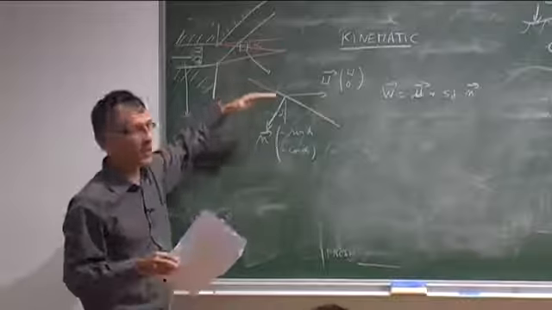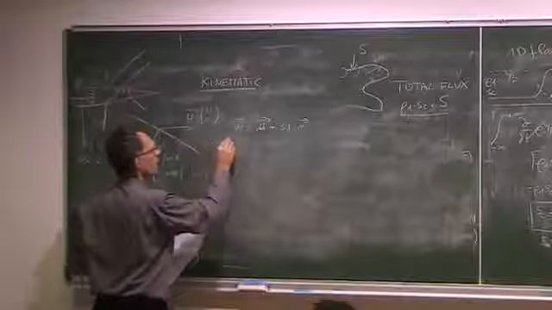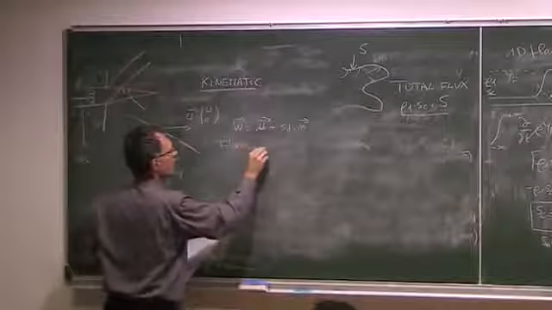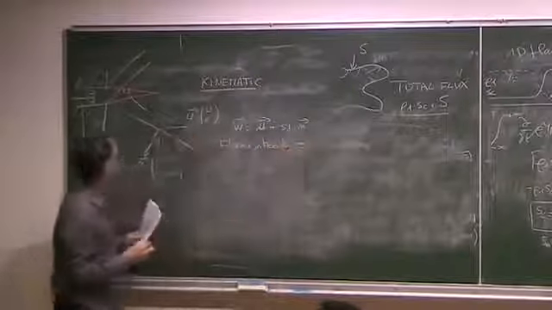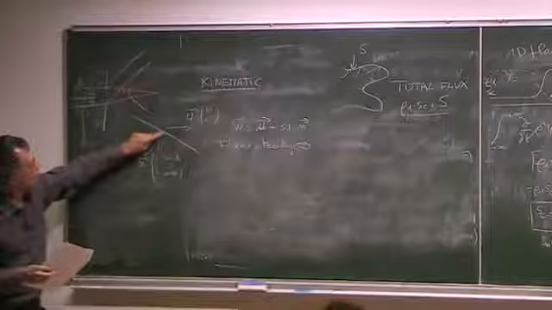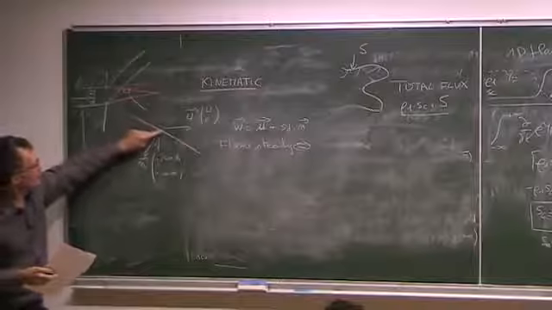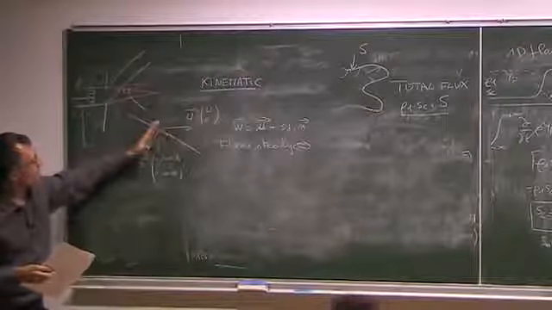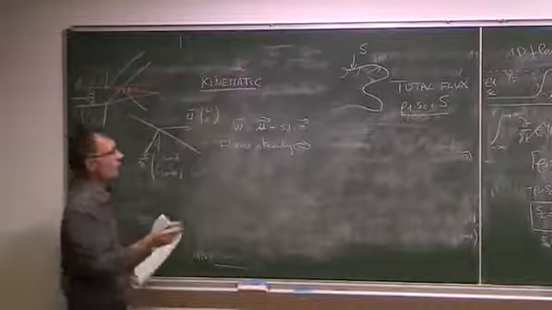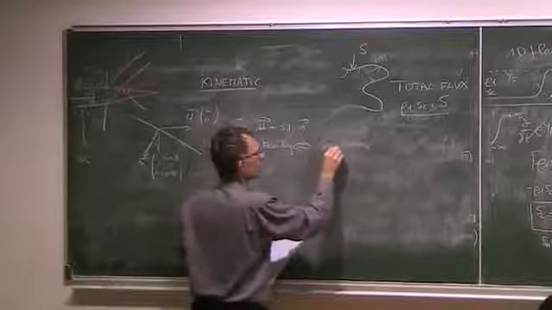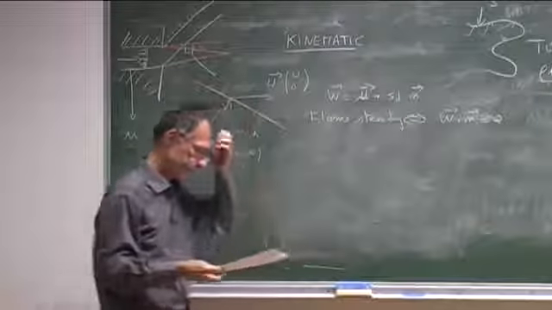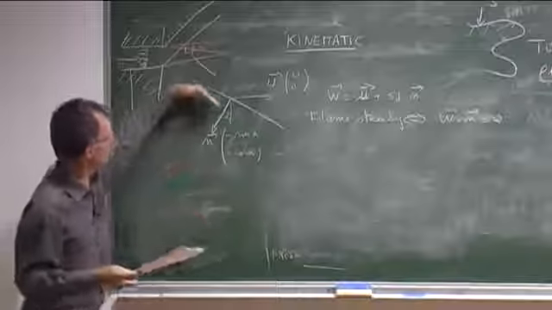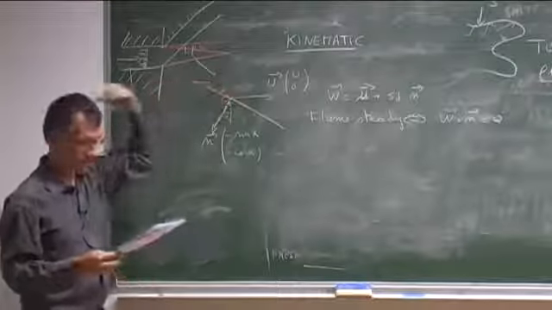That means when the flame is steady, saying that the flame is steady is equivalent to say that the velocity here of the particles which follow the flame is actually going in this direction. So it's perpendicular to the normal. So in other words, it's like saying W dot n equals 0. This is the condition which gives you the angle at which the flame will lie.